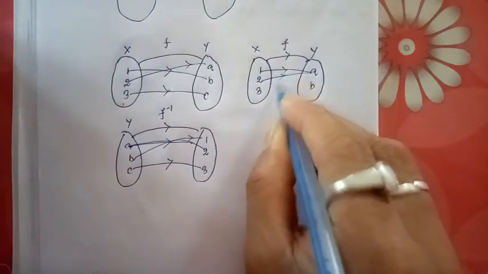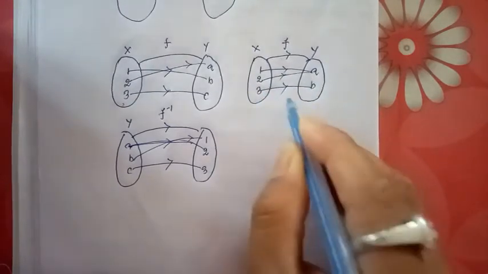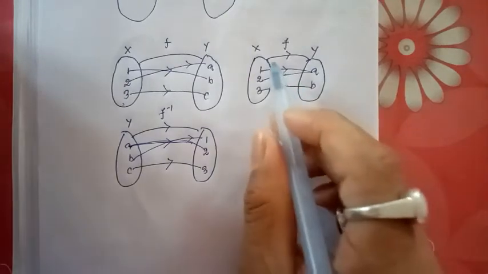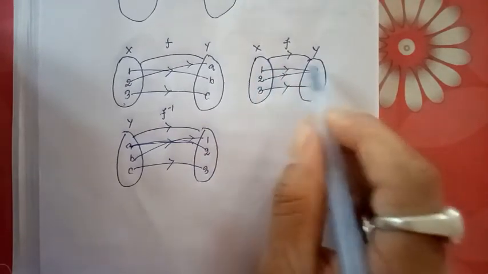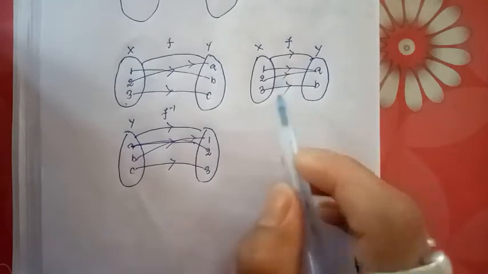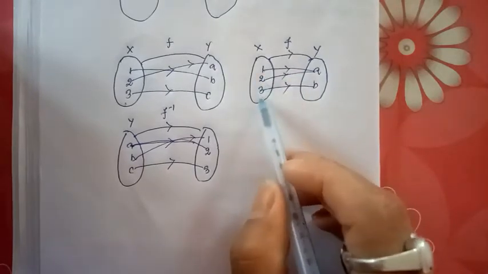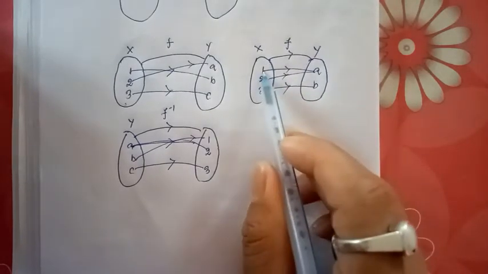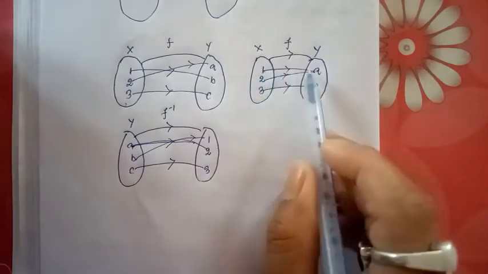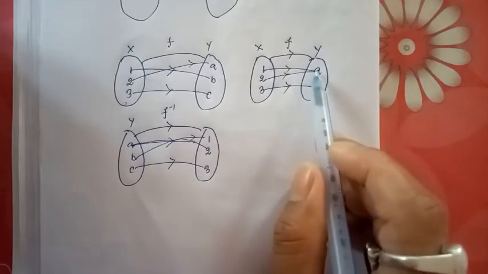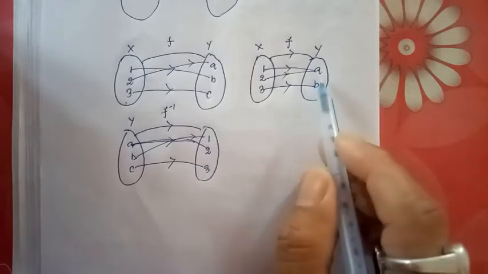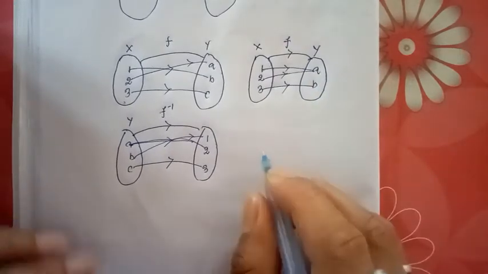Now this is obviously a function, because every element of the domain X has an image in Y. But when you reverse this,